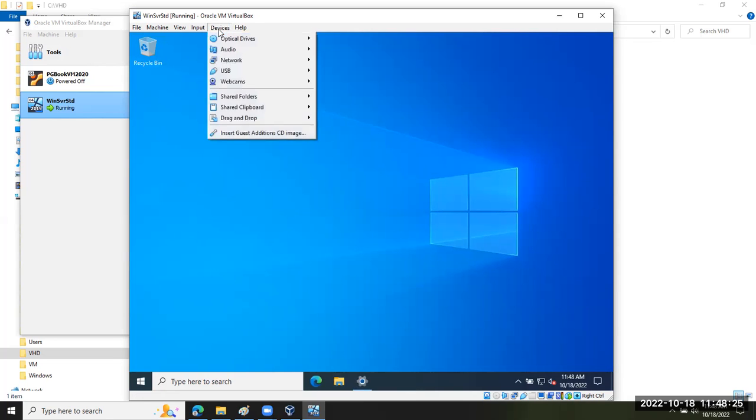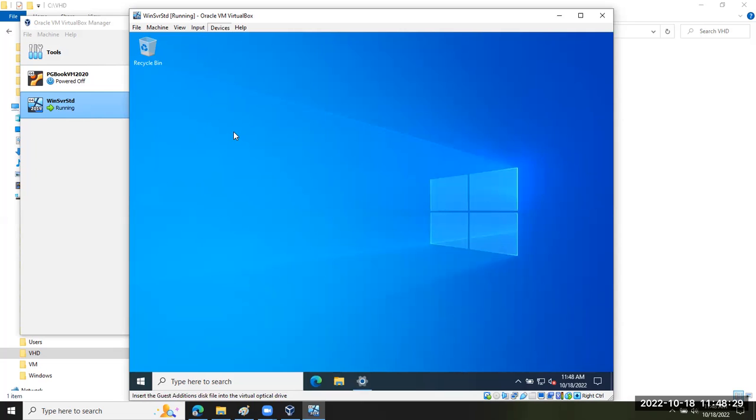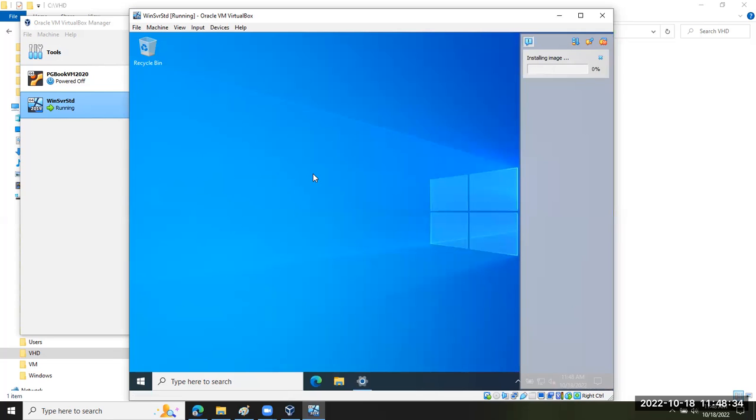I'm going to try to insert the Guest Additions image and see if that completes the process properly. And if it hangs,